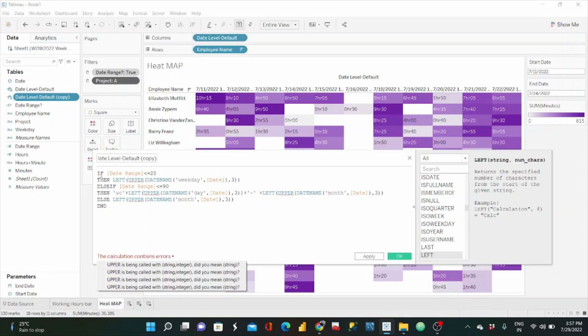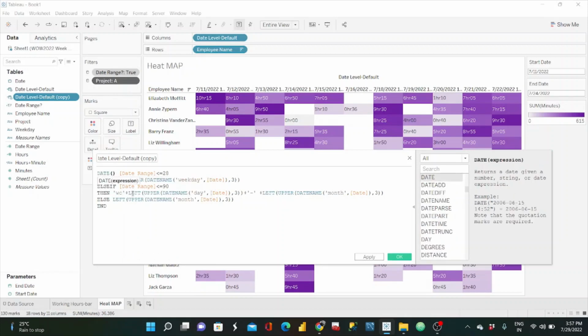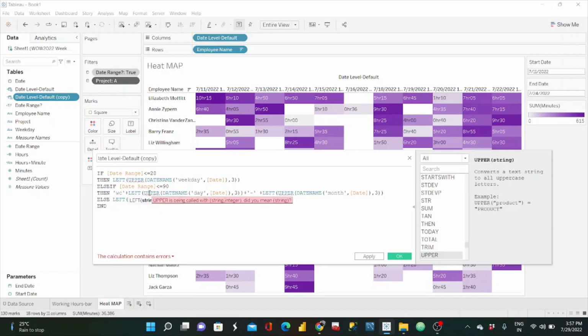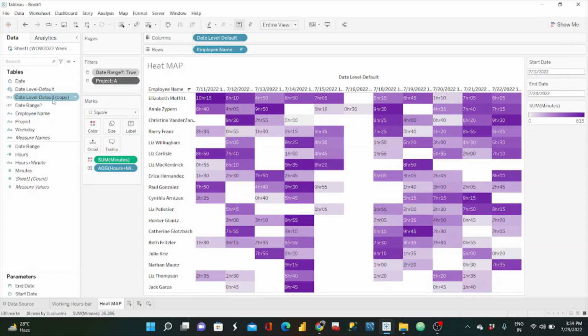Okay, so what I can do is just copy this here and paste it here. So what we are getting an error is like upper and a string something, right? The upper function is called, I just wrote string here because it was not taking the value. So I have just written string here, and as I drag this